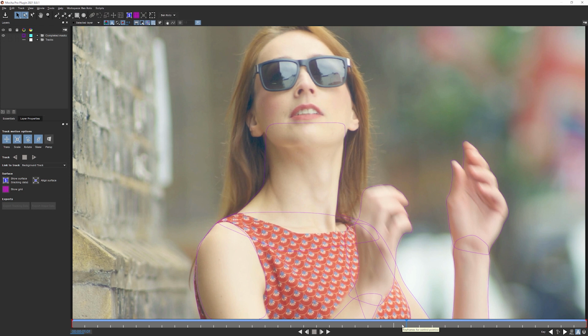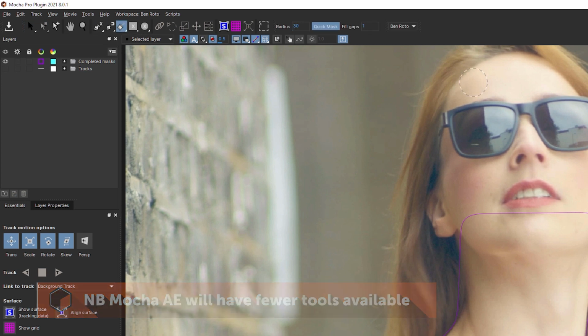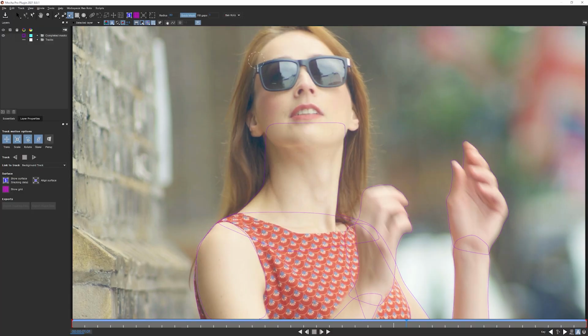So let's take a look, shall we? Let's see what we can do. Now I'm going to use the area brush to help out with this one. This is another Mocha Pro feature. If you're not using Mocha Pro, you can just use the regular X-Spline. But the area brush is just a very nice, quick way of painting in a shape here. So rough shapes for tracking is the perfect use of the area brush. And I can hold down the Control or Command key, move my mouse up and down, left or right, and that will change the size of the area brush. And when I've done that, I can just paint it.